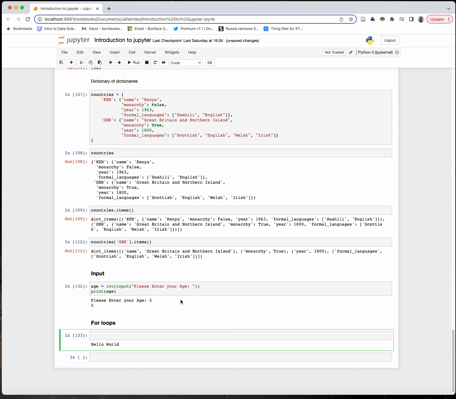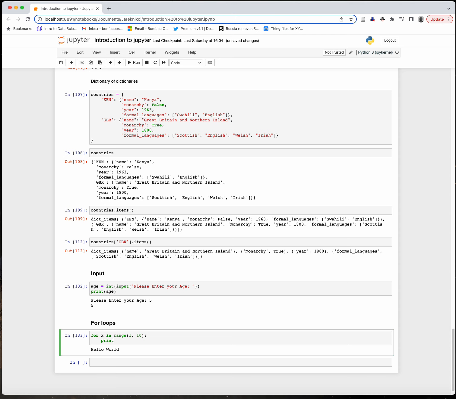If you want to use a for loop, you normally start with for i in range. You remember range allows you to specify a range of numbers, maybe from 1 to a certain number. So I'll start with 1 to 10, but not including 10. So for x in range, that's basically what I'm doing. And then I will say print hello world,